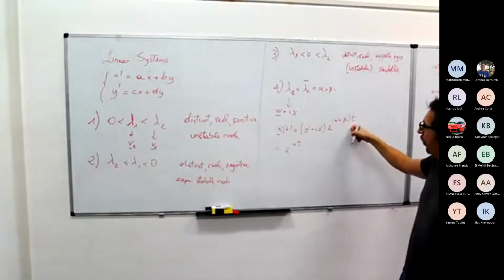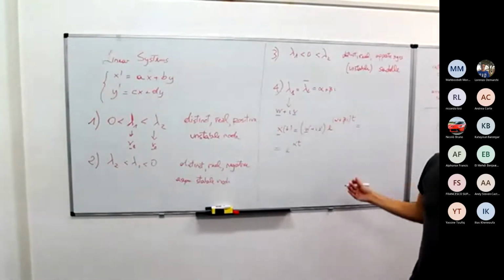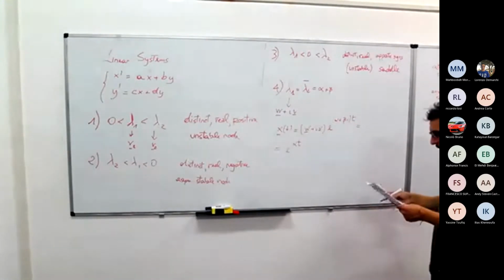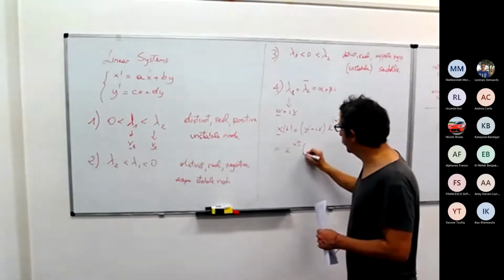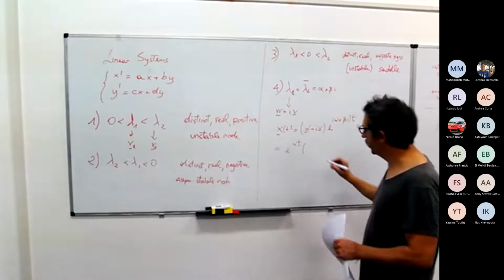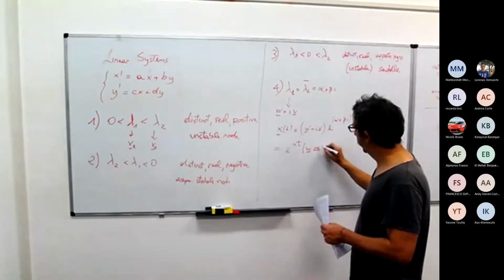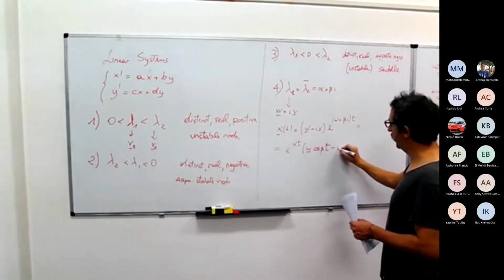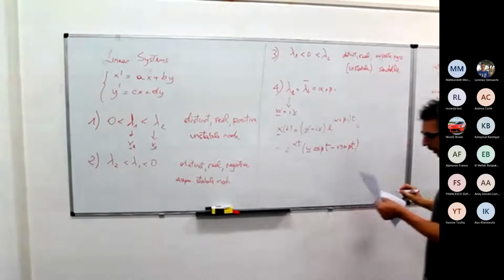So what I can do is to write the exponential of i beta t in terms of sine and cosine. Allow me to write down directly the result. So this is going to be e to the alpha t times W cosine beta t minus V sine beta t